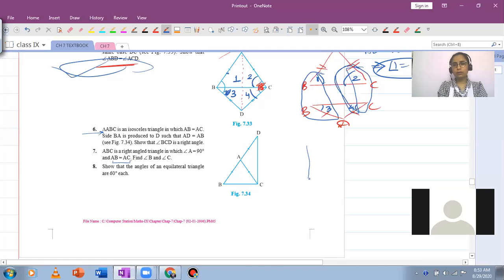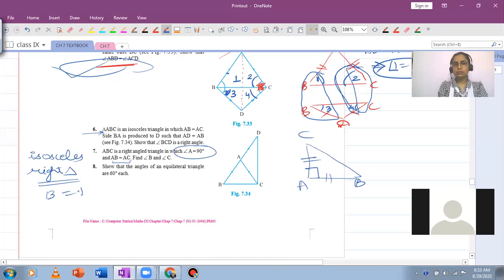आपको book में already ऐसे figure दी होती थी, and you would be given that two sides are equal. So I'll just draw a right angle triangle, and remember you have to show the right angle at A. So this is the right angle at A, B, C, and then these two sides are equal. The second thing you want to remember is if you are ever given an isosceles right triangle, that means the base is equal to perpendicular because hypotenuse is the longest side. So अगर कभी भी question आ जाए, आपको बोला जाए कि you have an isosceles right triangle, remember you are going to take base equals to perpendicular.